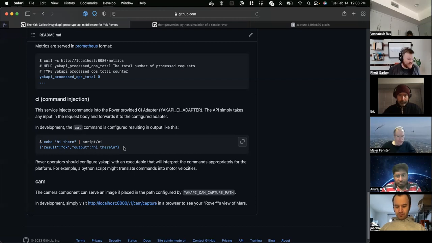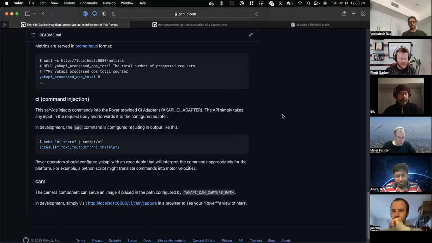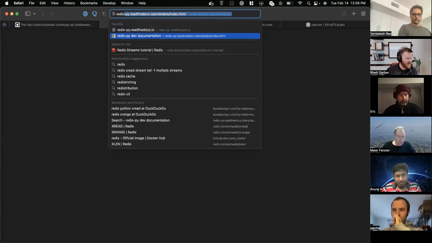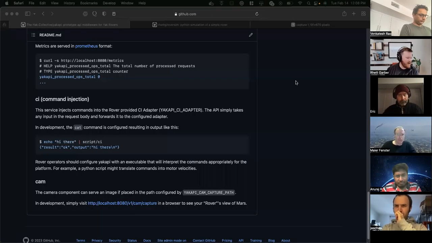But so what I've done, instead of using ROS, because I was like, I just don't understand it, I'm going to reinvent it from scratch. What I did was I've re-implemented everything around Redis. So Redis is a server that acts